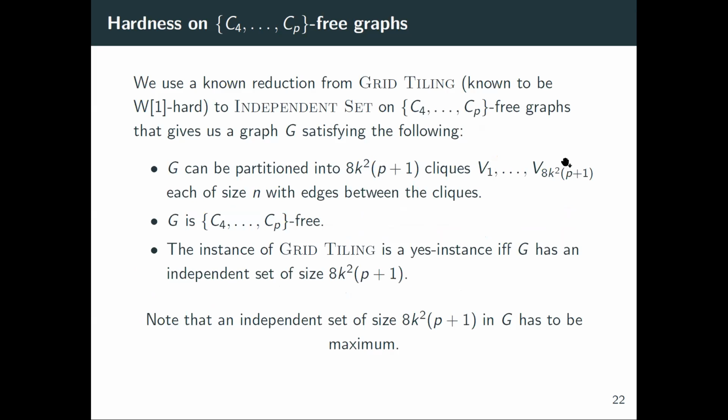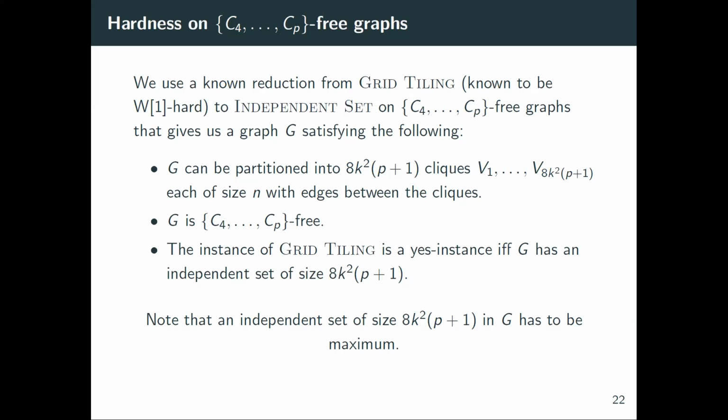So how do we prove this result? In fact, we use a known reduction from a problem known as grid tiling, which is a W[1]-hard problem. And grid tiling is reduced to the independent set problem on C4 up to CP-free graphs. And that reduction was used to show that independent set remains W[1]-hard if you exclude C4 up to CP